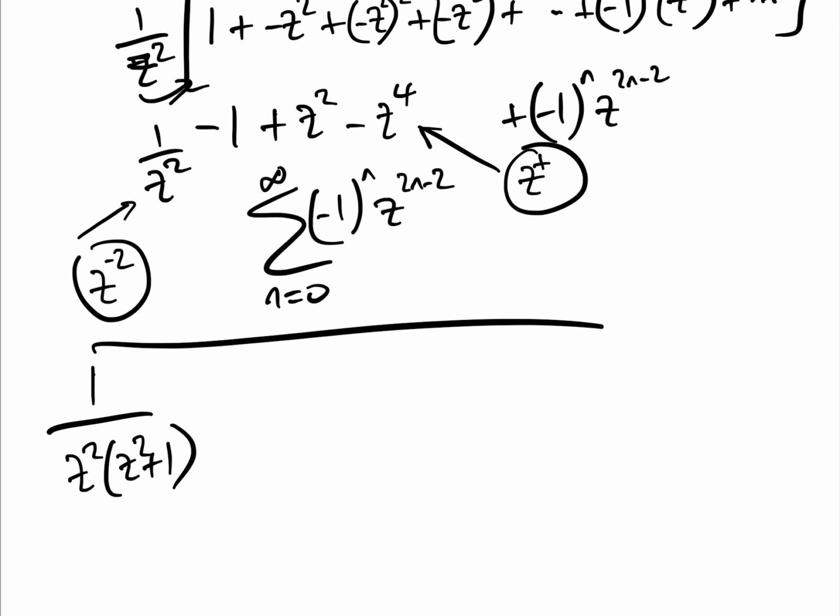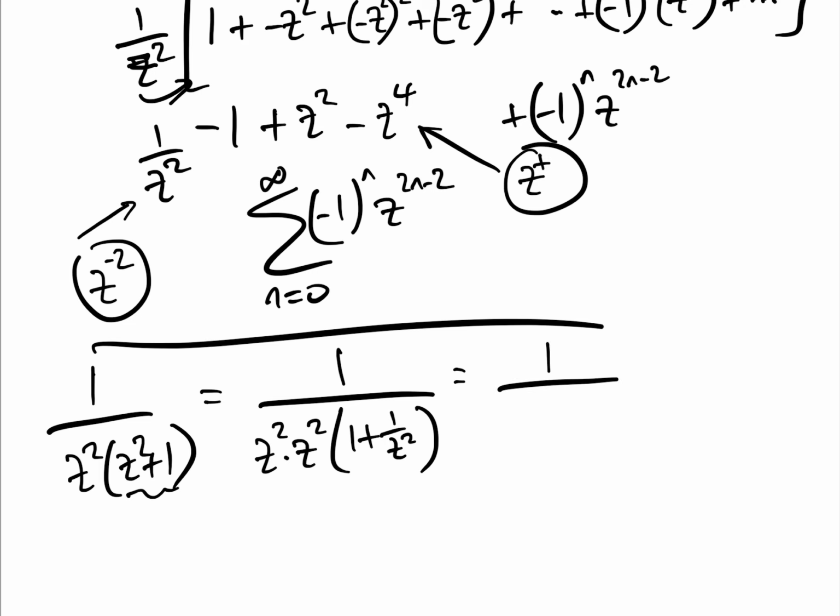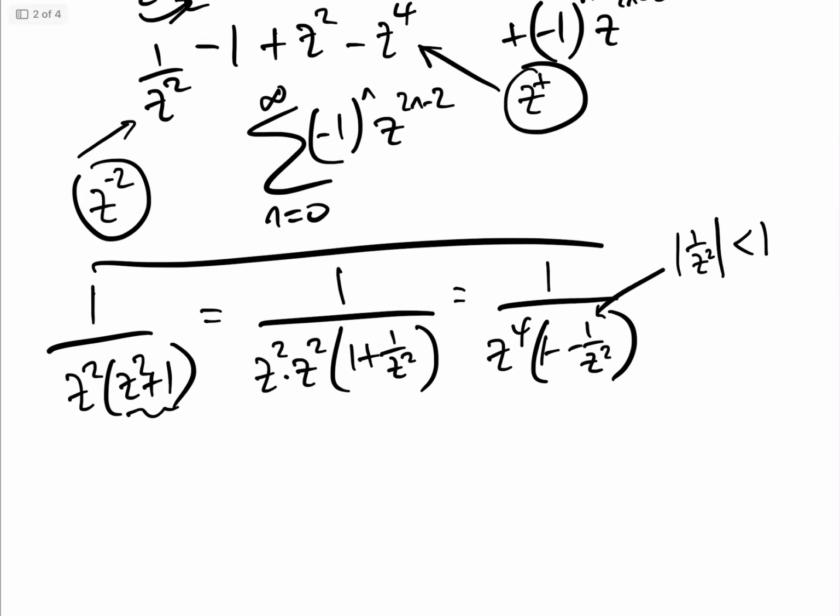squared plus 1 equals, okay, so what we're going to do is we're going to take z squared out of here, which leaves it as 1 add 1 over z squared, which equals 1 over z to the 4 times 1 minus 1 over z squared. And now we have it in the geometric form, and we know that the modulus of 1 over z squared is less than 1 for reasons that we've just established, so we can use the geometric series, and so therefore